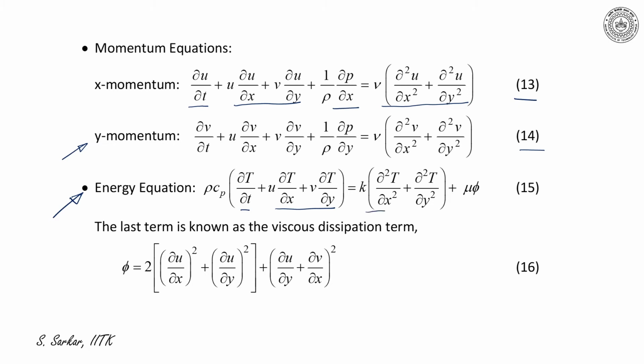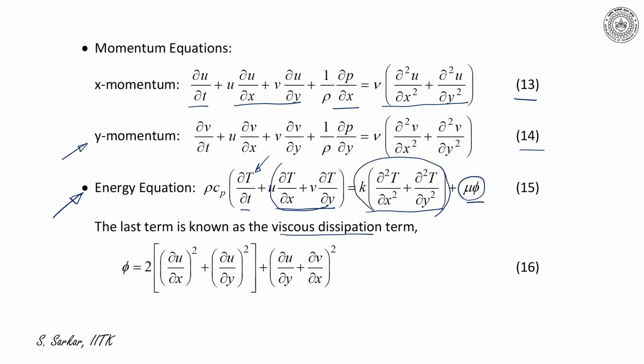This is because of conduction, and mu into phi is called the viscous dissipation term. So in the energy equation, this is the local change, this is the convective change, this is because of conduction, and this is because of dissipation, where the dissipation term can be stated as